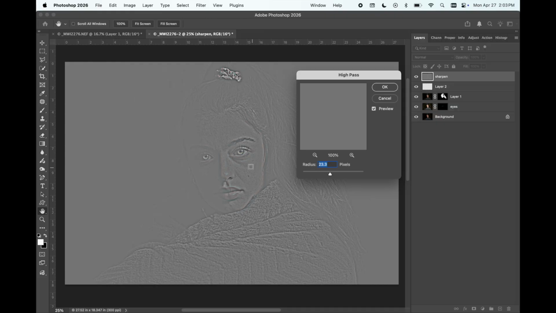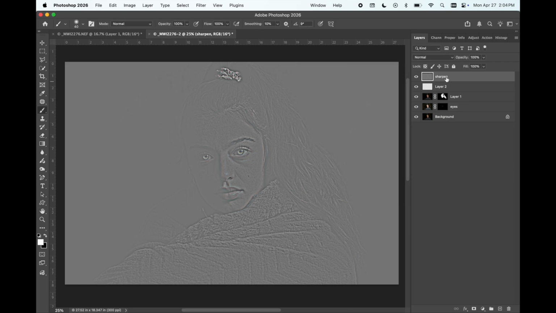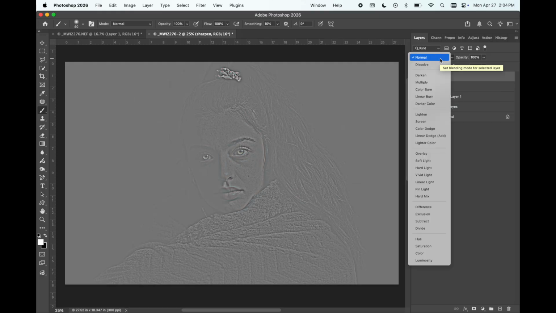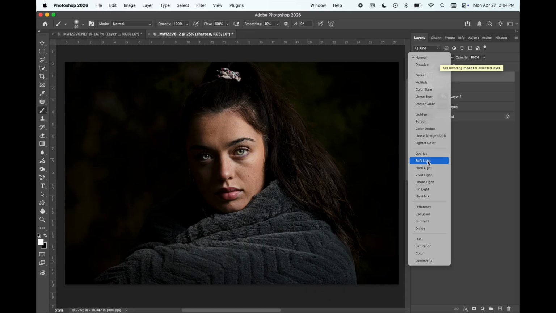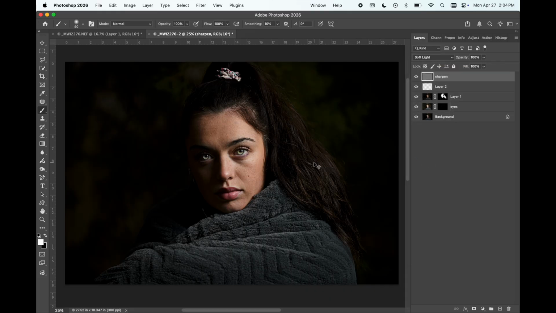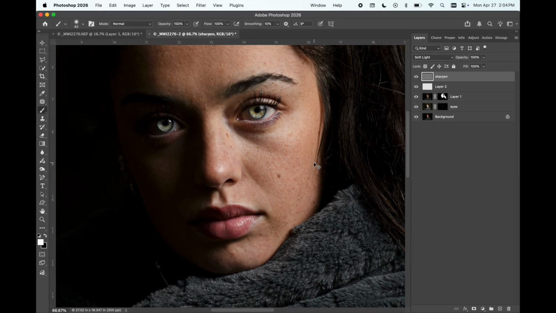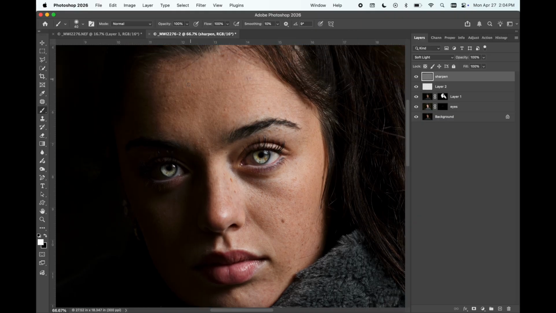So I've got an extraordinarily high radius for my sharpening, but this will work out okay. And what we're just working on is sharpening her eyes. So click OK, and here's my sharpen layer. But we have to change the blend mode here so that we can see it. Going to soft light. Now if we zoom in, we can see that the sharpening on her eyes looks great,